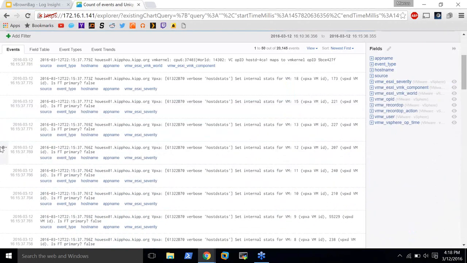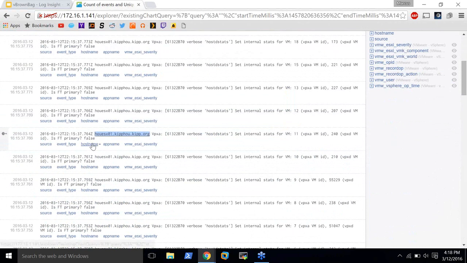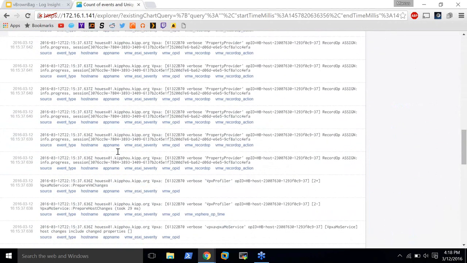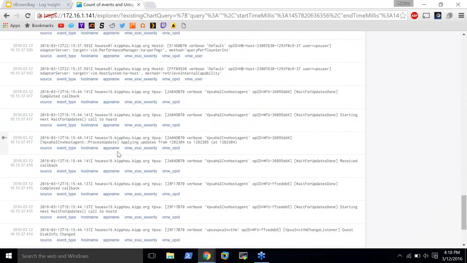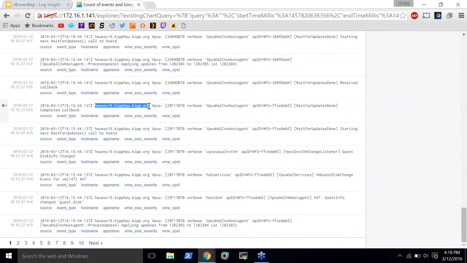Is that correct? Correct. So if you'll look here, we have a bunch of stuff coming in from host 1. And it's pretty much all from host 1. Okay, and then here we also have stuff coming in from host 16. I just noticed when you highlighted, you can actually do a filter there from when you highlight, which is a nice feature. Yeah,